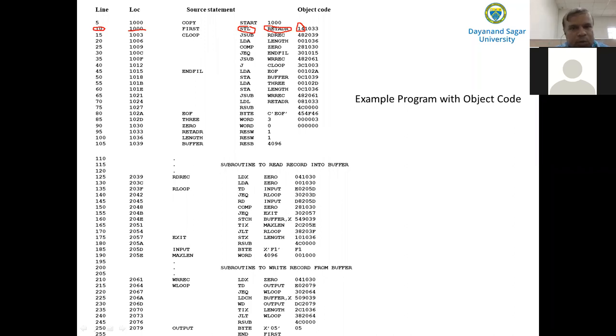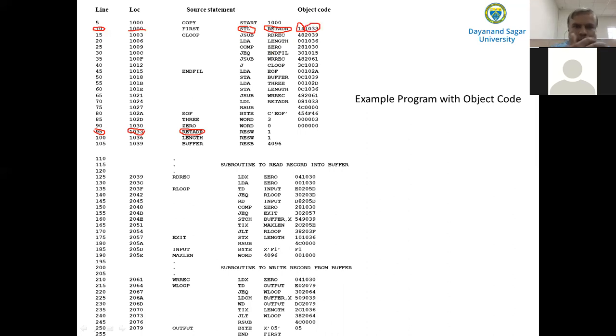After STL we have the operand RETADR. It is a symbolic operand, so we need to know the value of RETADR. It is defined at line number 95. What is the address of this? 1033. So write it here.